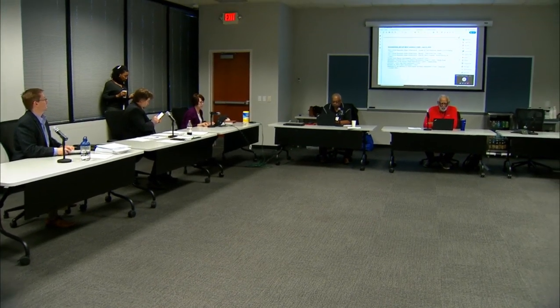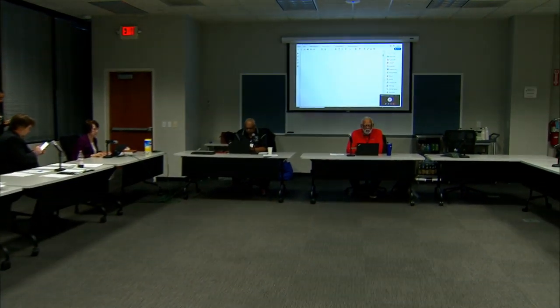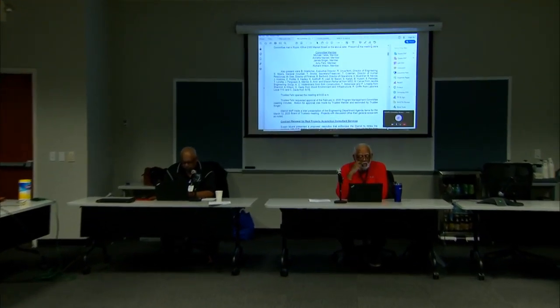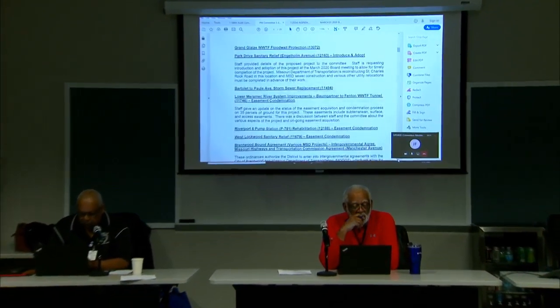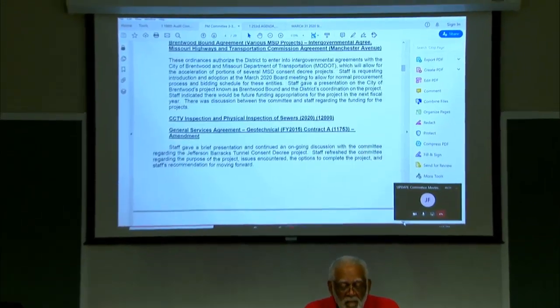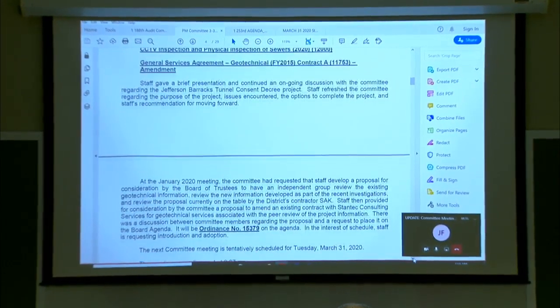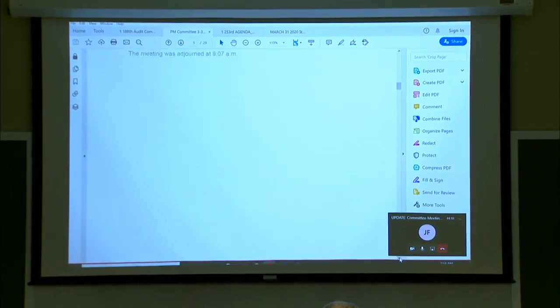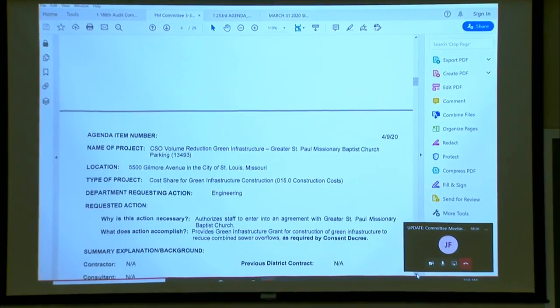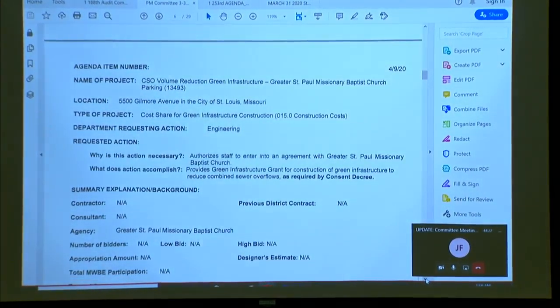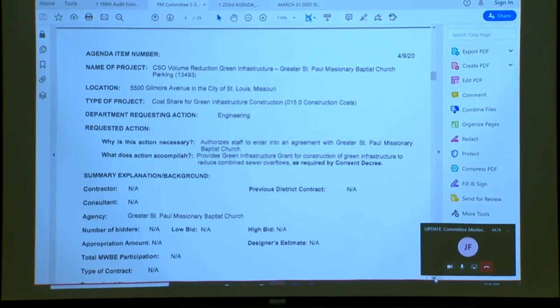Third agenda item is that of the engineering department, where the engineering department will present 9 items from the CSO volume reduction green infrastructure in St. Paul's Missionary Baptist Church, all the way to the Stanwood and Bellwood Drive storm sewer and bank stabilization easements. Thank you. All right, welcome this morning.